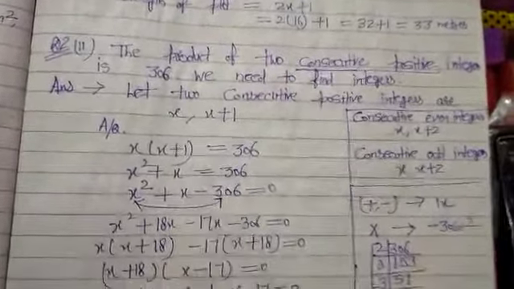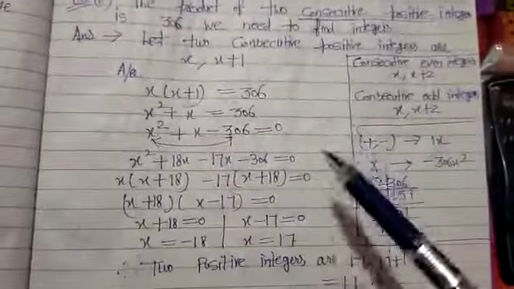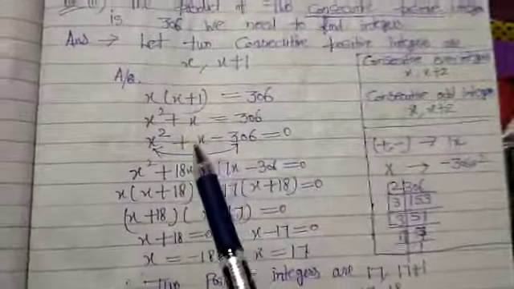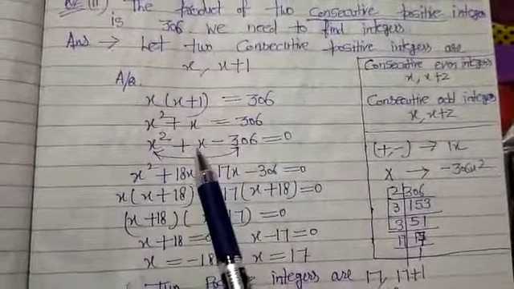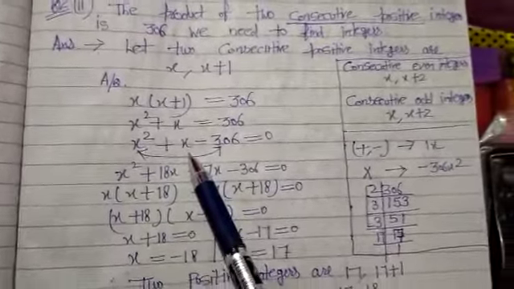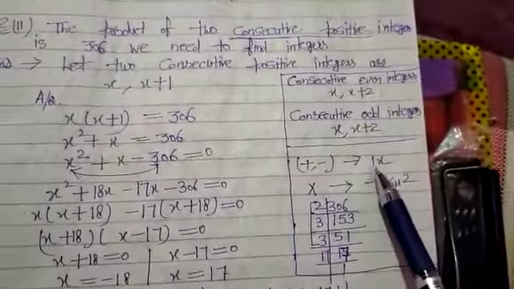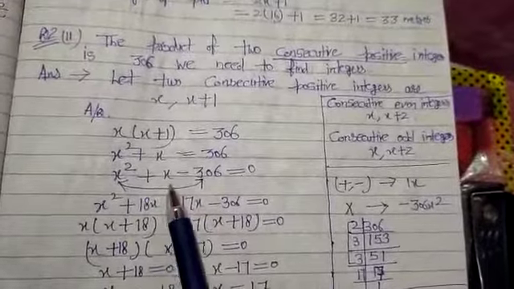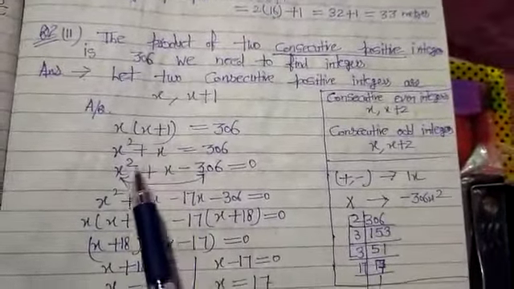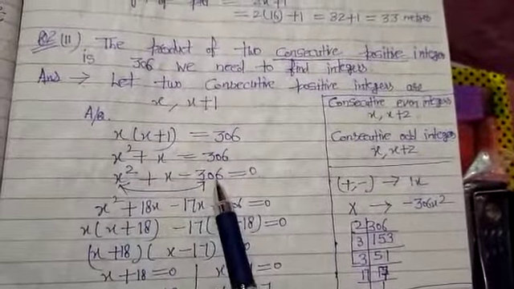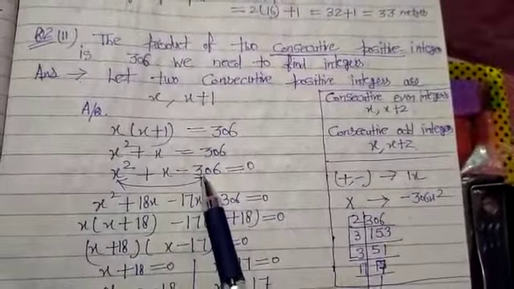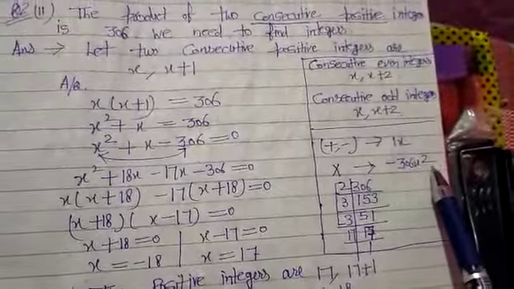Up to the question, my answer is x square plus x minus 306. But we will find the integers also, because he can ask the question this way also: find both integers. So we will solve it by splitting the middle term. The method is same. When we split the middle term, after adding or subtracting, we should get 1x, and when we multiply both middle terms, we should get the product of first and third terms. What is the product of first and third here? x square into minus 306, minus 306 x square.